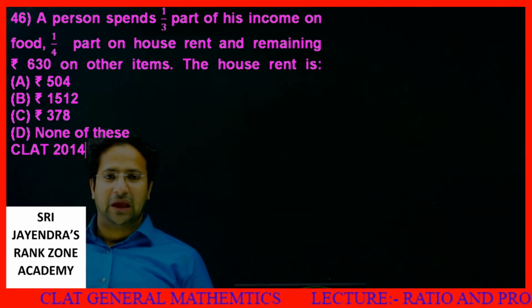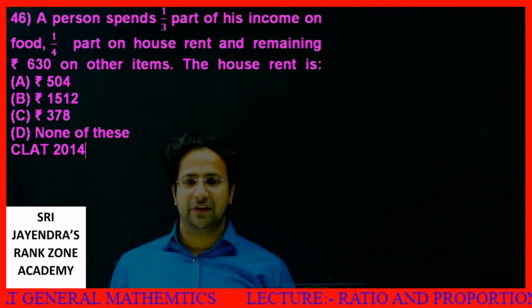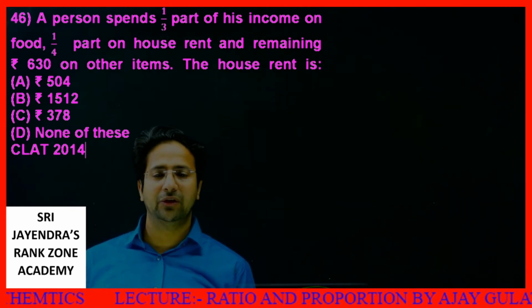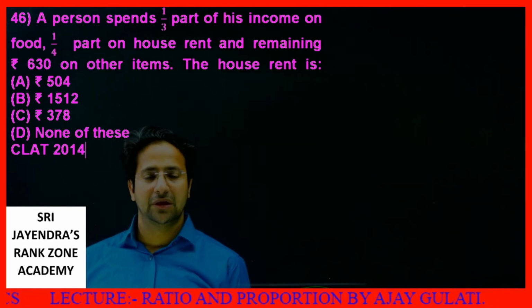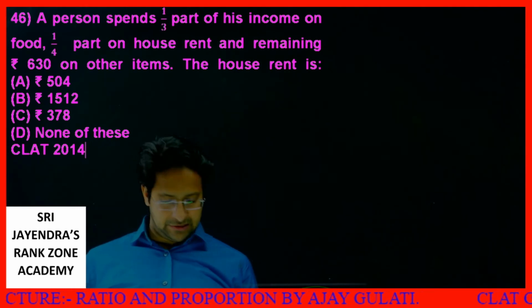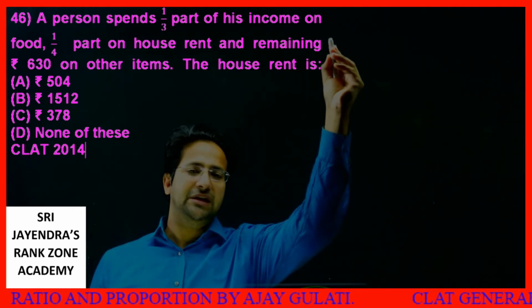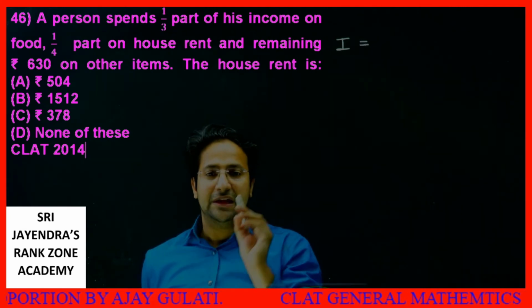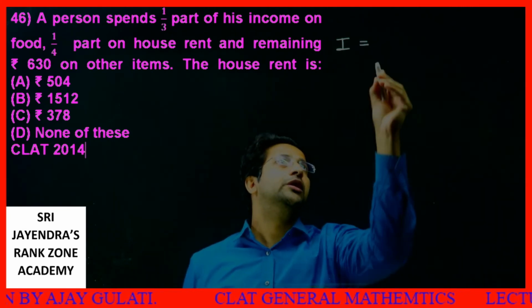Next question. A person spends 1/3 part of his income on food, 1/4 part on house rent, and the remaining rupees 630 on other items. The house rent is, see, let's say the total income is I. The total income for the person is I. How does this person spend this? 1/3 part of the income on food. So first of all,